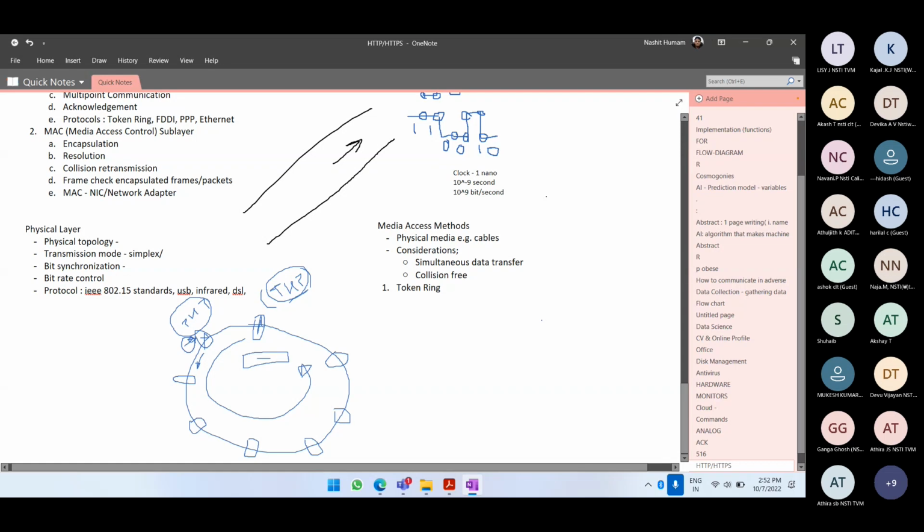Now, when we have talked about this token ring,